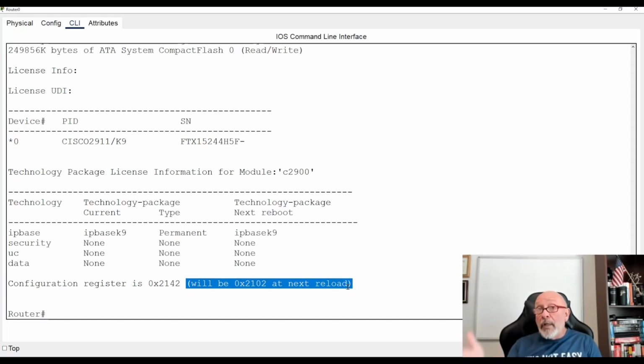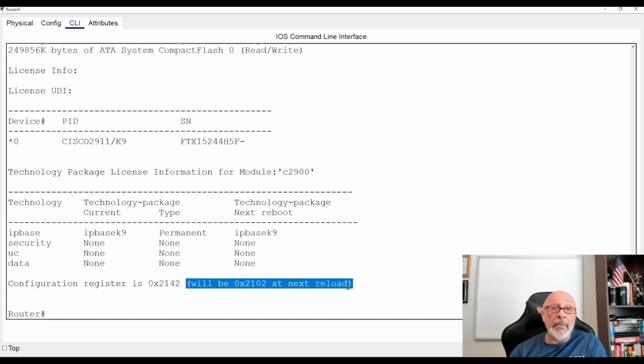So if there is a reboot or brownout, whatever the case may be, it'll boot up and be instructed on the boot up process to look at the flash, I'm sorry, back up. It'll be instructed to look for the configurations in your NVRAM and load them into RAM. That's what 2102 does, and that is the default setting. This is something that they've kind of overlooked, more or less. They don't talk about it much, and people complain when you're doing basic stuff like this, but it's something you need to understand, because if you're out there, it's going to happen.